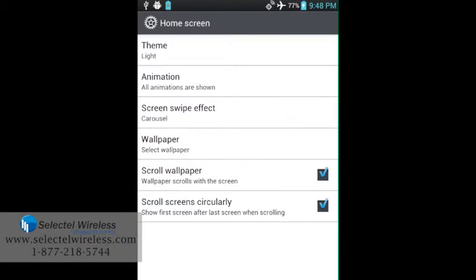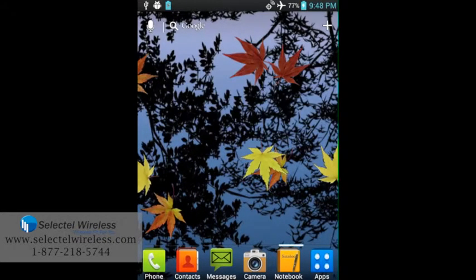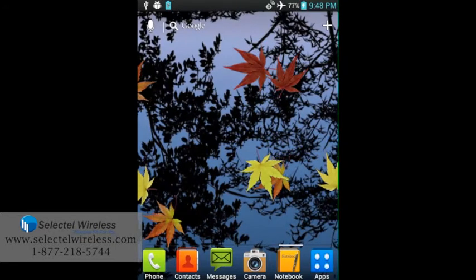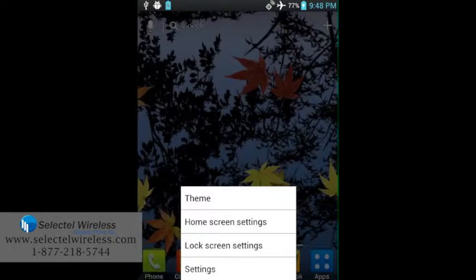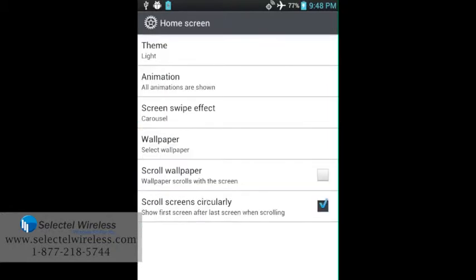And then with the scroll wallpaper, that's just going to say whether or not your wallpaper scrolls with the screen or not. Alright, so if I have it turned off, when I scroll, the wallpaper stays stagnant. Just the things on top of it scroll. Now if I go back to settings, home screen, and I go back to wallpaper scroll,